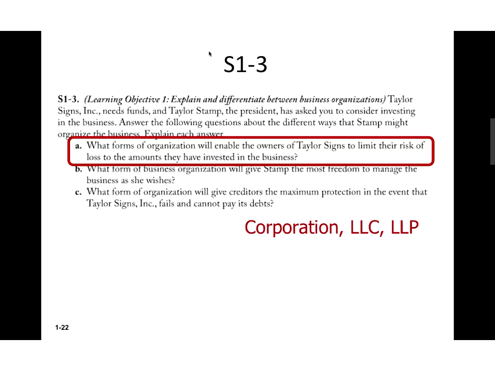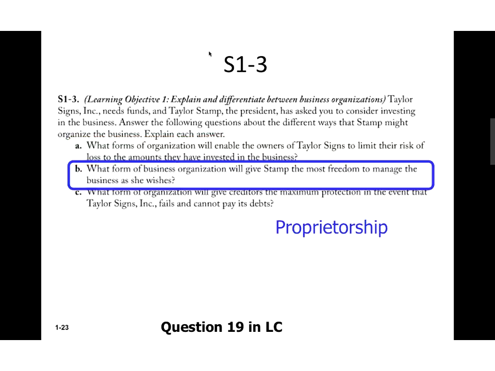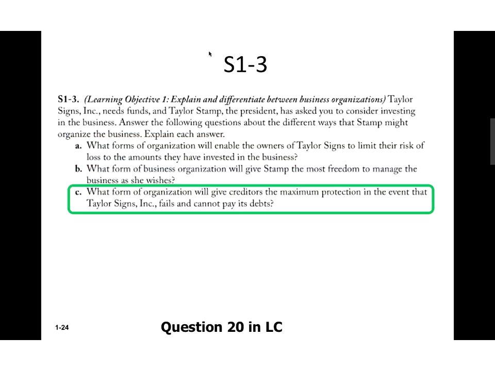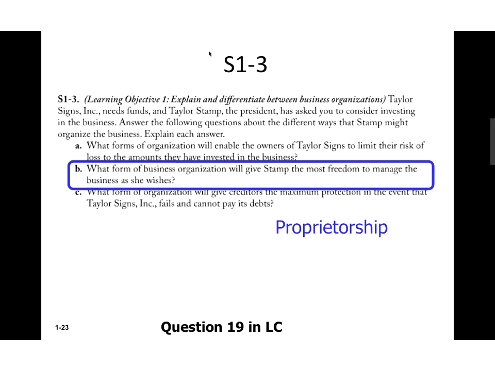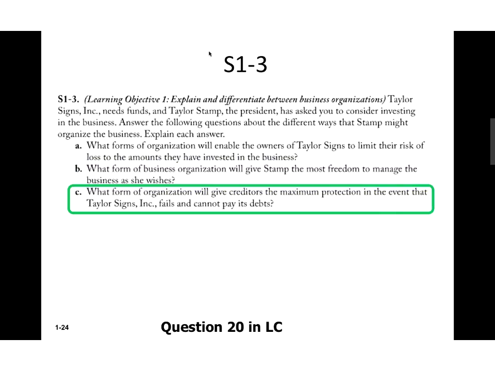Now the next one, okay, what form of business organization will give Stamp the most freedom to manage the business as she wishes? That will be proprietorship. And then this next one,